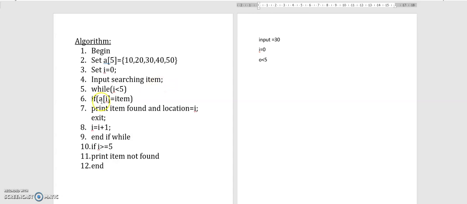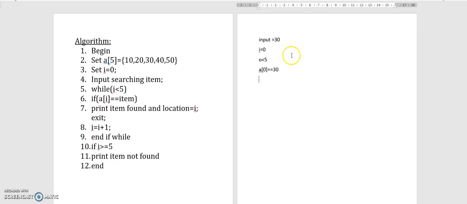Inside the while loop we have the comparison, A of I equal to item. Here we compare A of I, which means A of 0, with item equal to 30.